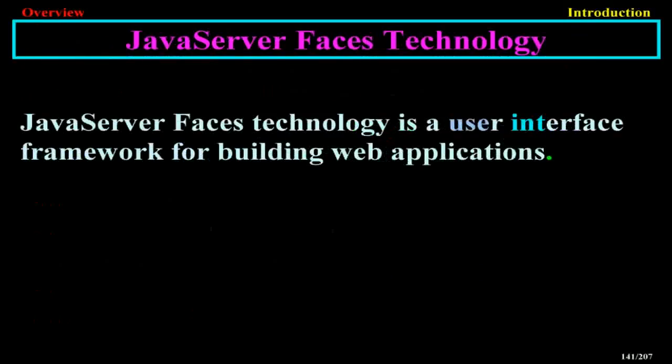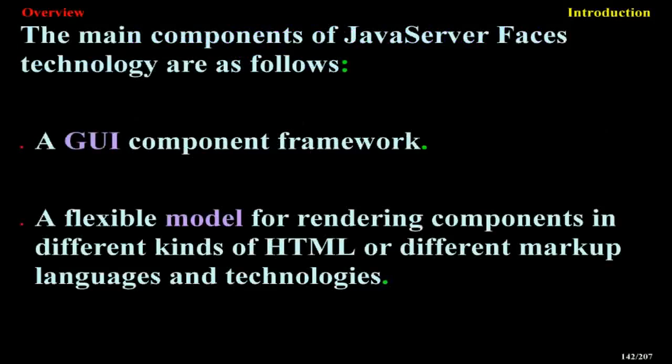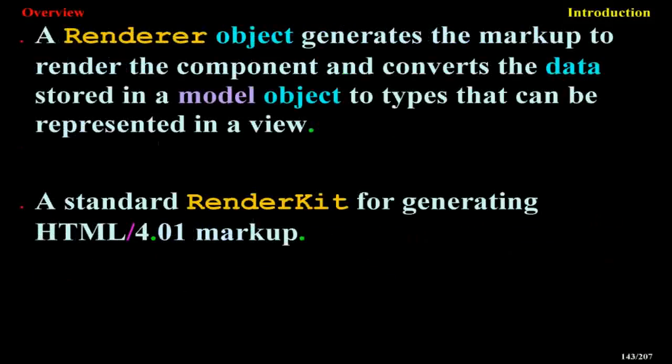JavaServer Faces technology. JavaServer Faces technology is a user interface framework for building web applications. The main components of JavaServer Faces technology are as follows: a GUI component framework, a flexible model for rendering components in different kinds of HTML or different markup languages and technologies. A renderer object generates the markup to render the component and converts the data stored in a model object to types that can be represented in a view. A standard render kit for generating HTML